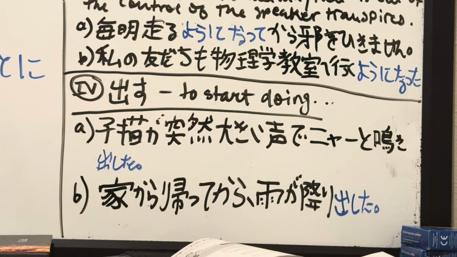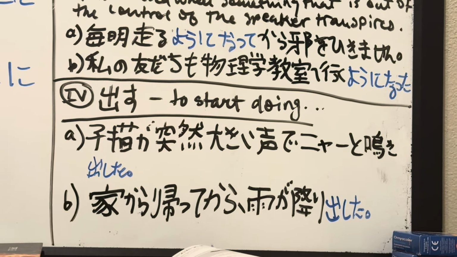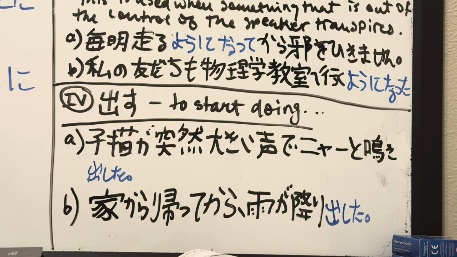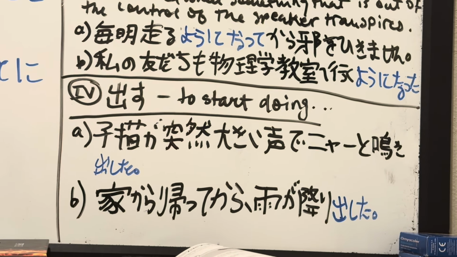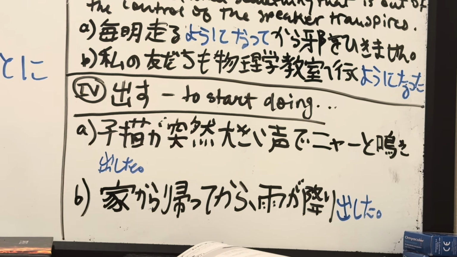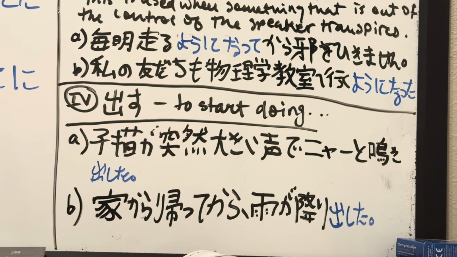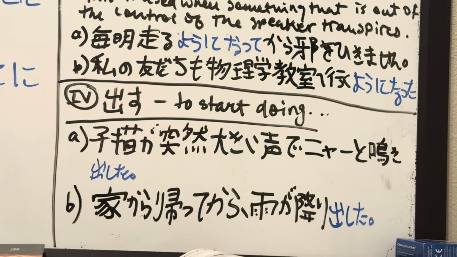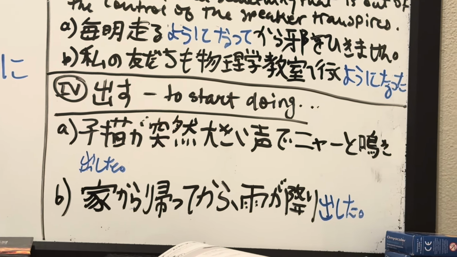Instead of saying loudly, it's typically more spoken to say 大きい声で or 大きく. So if you want to make something louder, 大きくする. Like I'll make it louder. Or 音が大きくなる. The sound got louder. So in a loud voice, literally 大きい声で